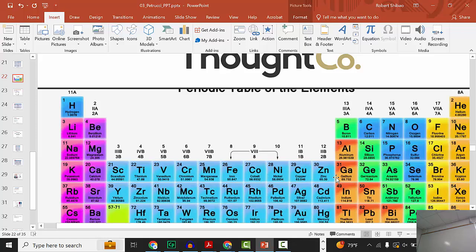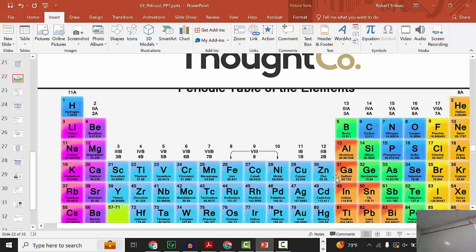+5. Now you aren't going to see any +5 free ions, but you'll see vanadium as a +5 in many compounds. And so that's what we call the maximum. And so these numbers here in the Roman numeral are something called the maximum oxidation state. Do you guys remember oxidation state and oxidation numbers? Yeah? Those are the maximum oxidation states. So the max oxidation state for chromium is